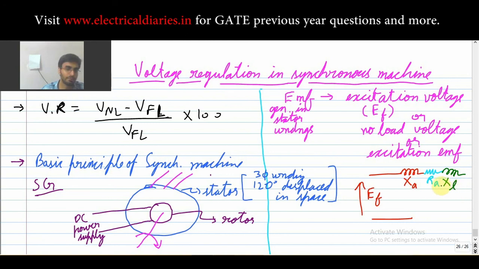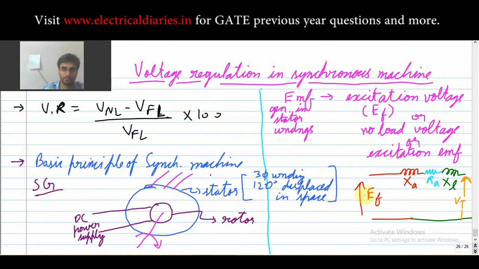Now after all this, the load is connected to these windings, so you will have some terminal voltage. Your terminal voltage can be marked as VT. So this is a simple equivalent circuit of a synchronous machine. But to understand this and always remember this, you should always remember the principle. What is the principle? What is happening? How is the synchronous generator working? That is the basic idea of the equivalent circuit of the alternator.